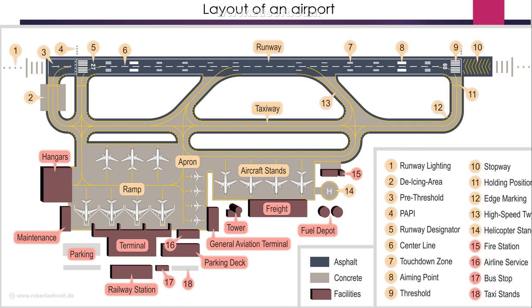So here we see there's a stopway, there is a runway, there is a parking lot for different taxi stands, and the fire station, there is a ramp, there's an apron, and there's a terminal maintenance department. So this is the total idea. This is the picture, or the layout, or the blueprint that will help us to understand how different physical amenities or arrangements can be done in order to use the space provided efficiently. So this was all about the plant layout.